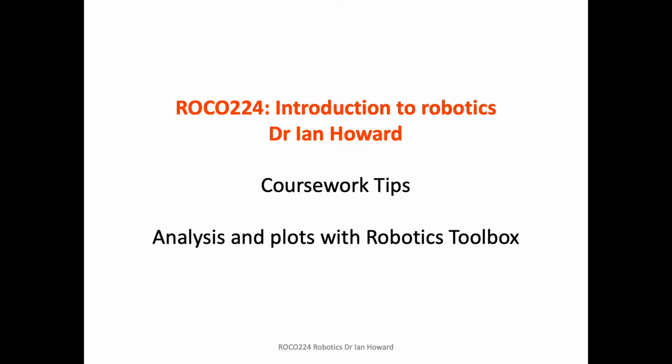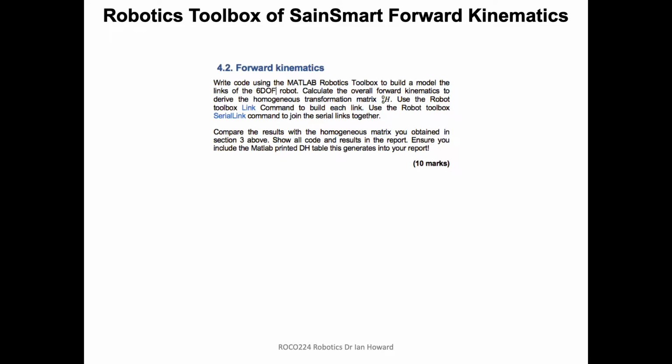So now I'm going to talk a little bit about using Robotics Toolbox for the analysis and plotting of various animations and configurations of the arm. So in section 4.2, you're asked to calculate forward kinematics. So I already went through how you can actually use Robotics Toolbox using the link command and the serial link command in order to build up